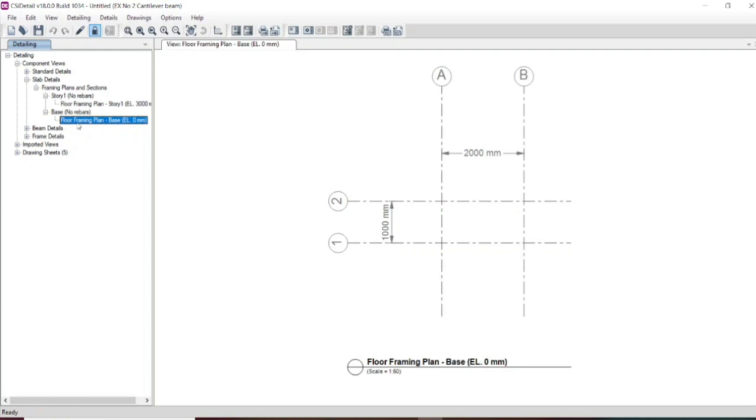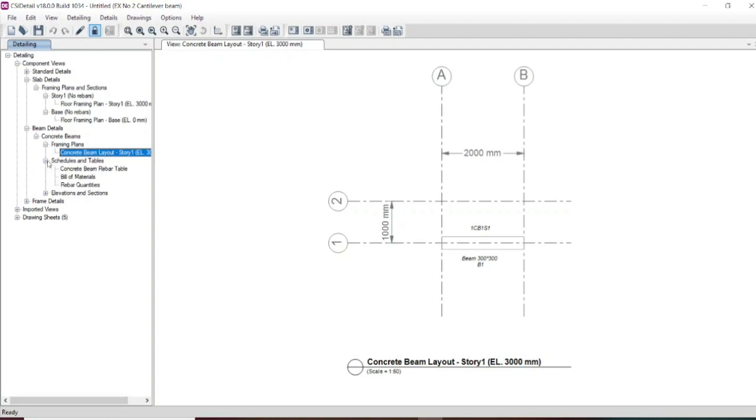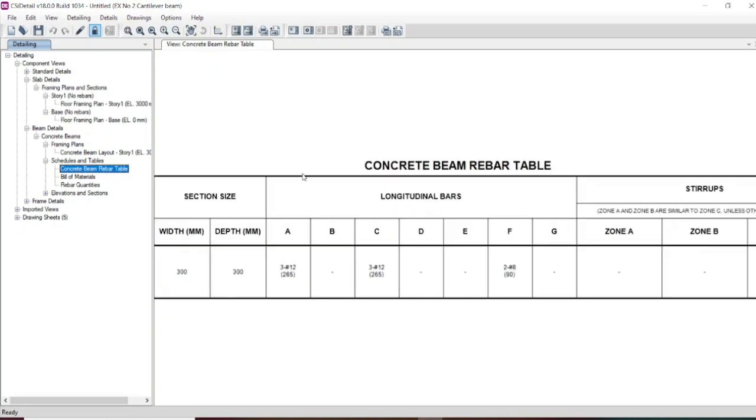This is our frame plan. This is our schedule. Three number of 12 mm dia bar is provided at both the points, and at F point 2 number of 8 mm dia bar is provided.